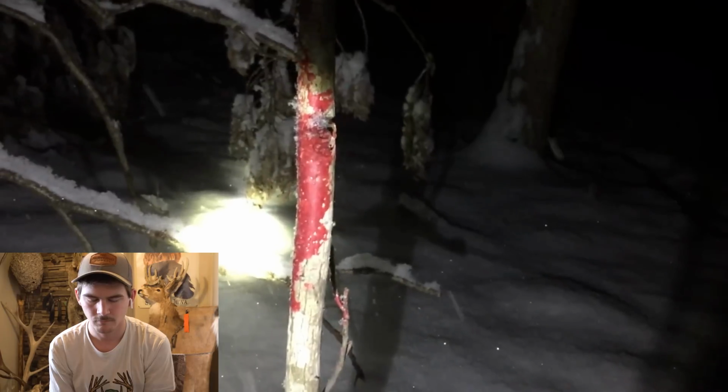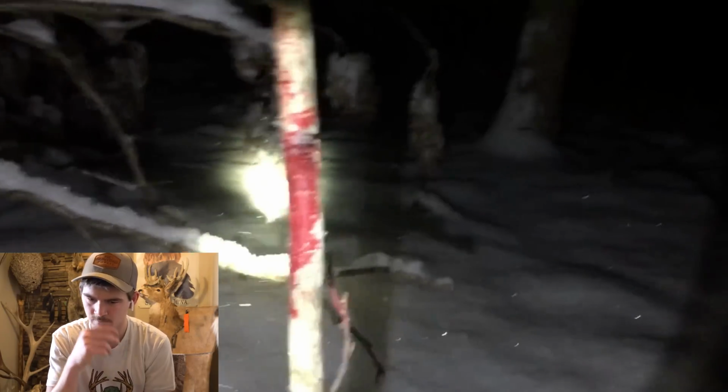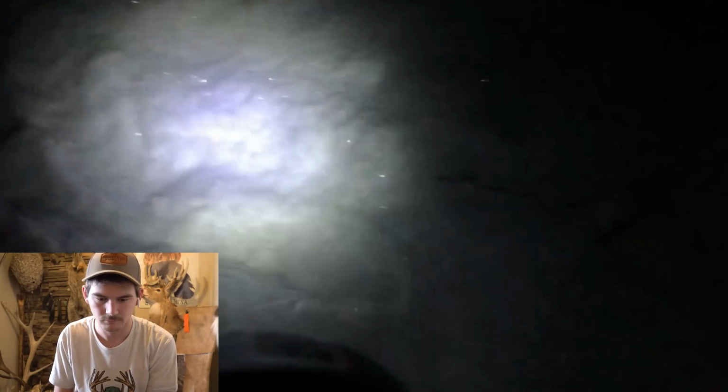I'm probably 100 yards from where the shot was, but hopefully she starts to open up or something. Pretty sure I was just following her tracks at that point because there was so much snow. I was only finding this blood on stemmy stuff sticking up. You'll see when I show the doe, she's pretty much completely covered in snow. I'd shot her like an hour before this. It was snowing like crazy that day. I've just been following her tracks now. It's pretty much the only thing I've got. Not much blood right now, but